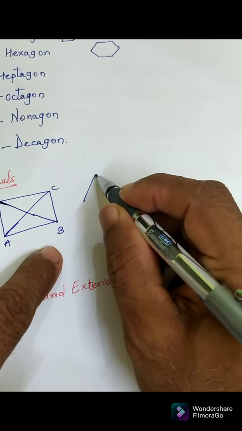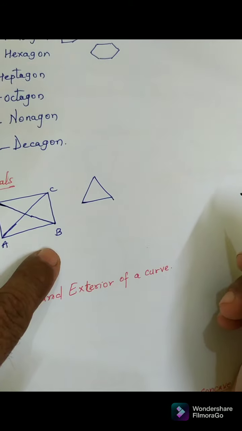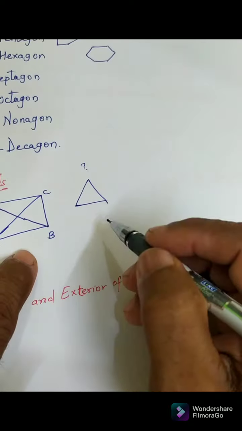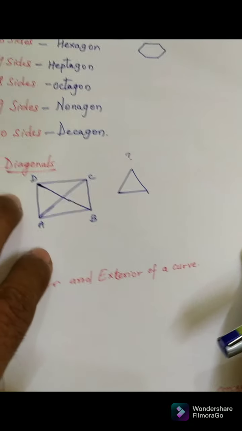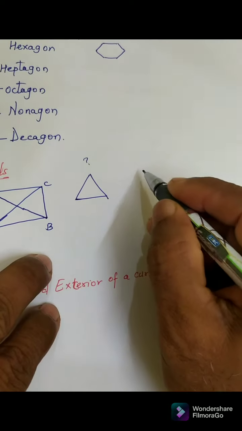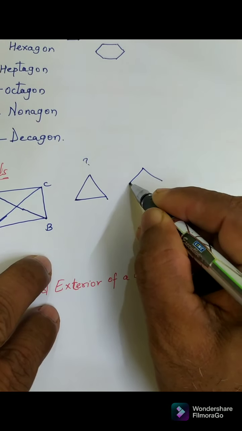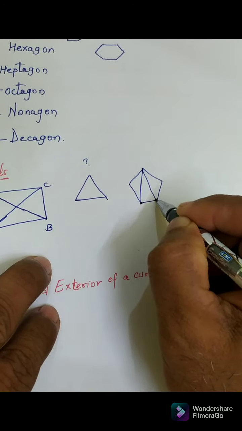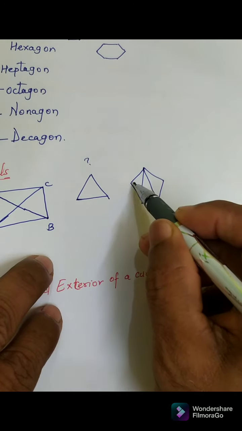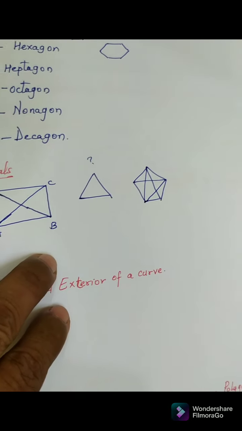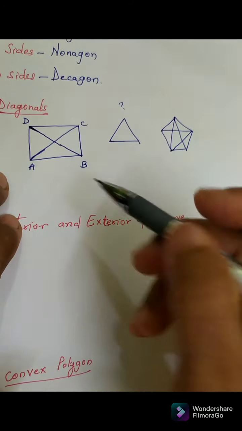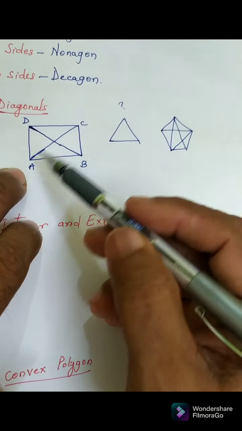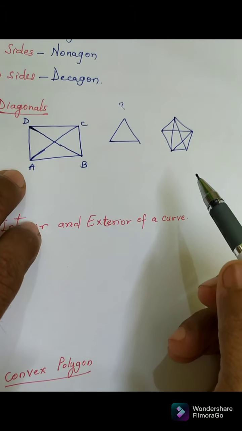What about the triangle? Can we draw a diagonal? That is not possible, no diagonal. We can draw a line from this side, but it is a perpendicular bisector. If I want a 5-sided figure also, I can draw the diagonals like this, 1, 2, many. How many are possible, we have to see. So this way I can draw the diagonals: from a vertex, I draw a line to the vertex that is opposite to it. So that is a diagonal.